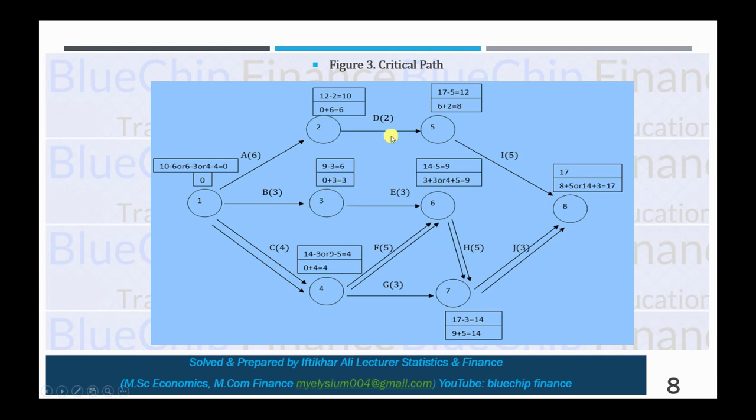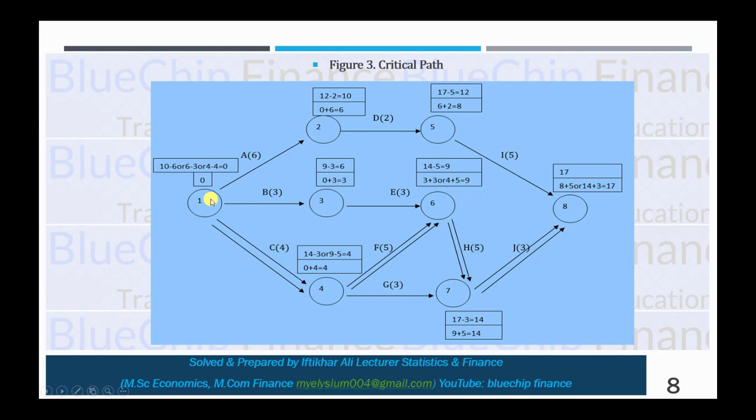Now we have to calculate the critical path. What is the critical path? Critical path is the longest path to complete this project. So there are many possibilities. As we are seeing here, we want to reach the ending node 8. So what are the different possibilities to reach this node? One is